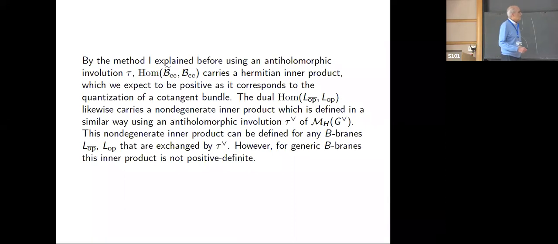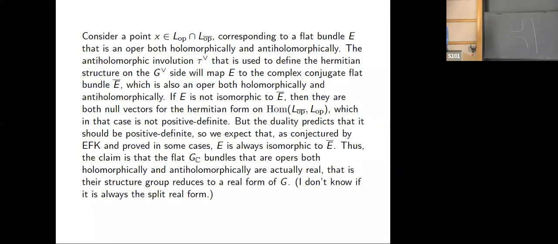So, as I explained before, using the anti-holomorphic involution, this hom space has a Hermitian inner product that you expect to be positive. The dual space does also. And you can show that the intersection points have to be non-degenerate, as conjectured by Etingof, Frenkel, and Kazhdan, and proved in some cases, in order for the inner product to be positive. So explicitly, well, I think I'm going into too much detail here for the time, but explicitly you can show that if the intersection points,